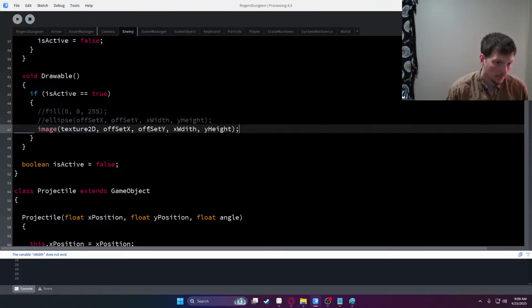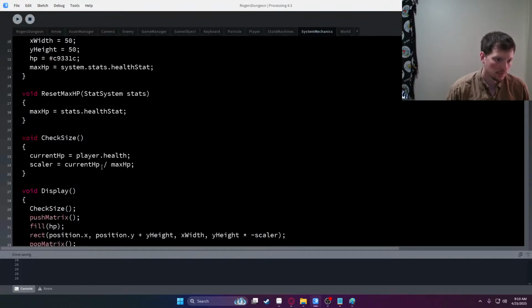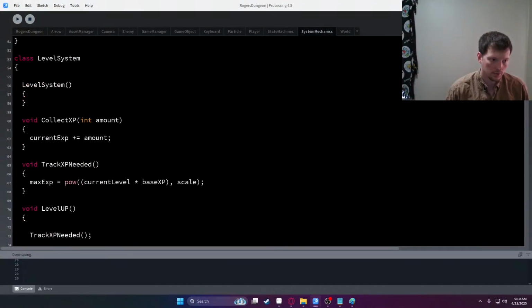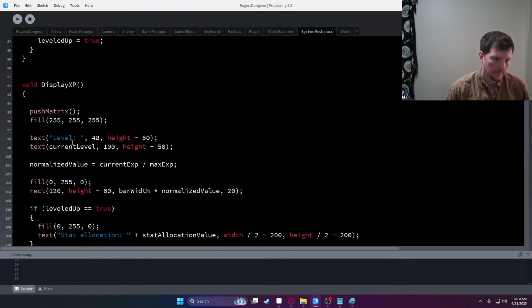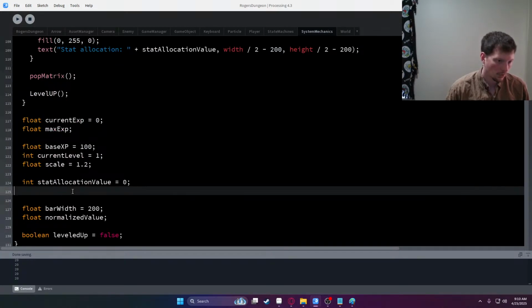what did I misspell? It's with. Oh. That's interesting. So let's go back into our system mechanics here. And we're going to come all the way to our level system. And again, level system does not inherit from game object. So we are going to pass in a P image, call it texture 2D,